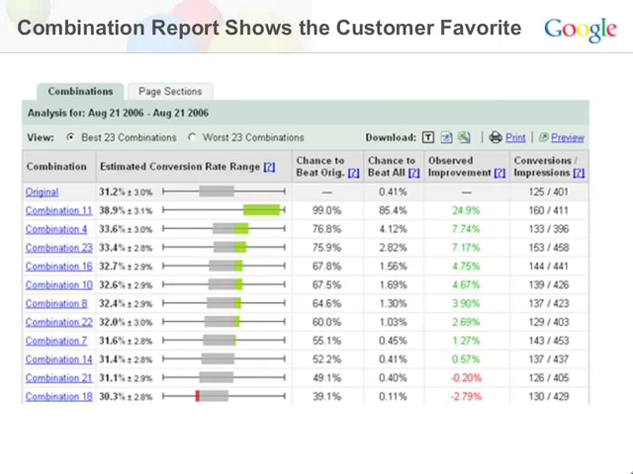Here's the confidence interval. And as you can see in this case, it's significantly superior to the original. We'll also tell you what the difference between the two in conversion rate is, as well as the raw data on how many visitors saw the page and how many converted. And then you can also click on any of these links, and you'll see a preview of what the page